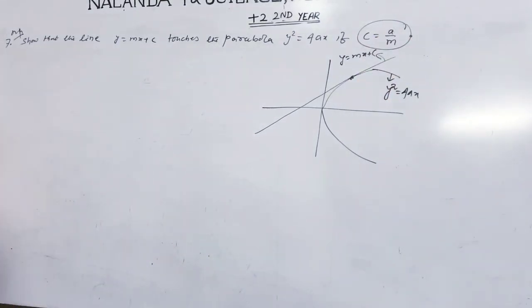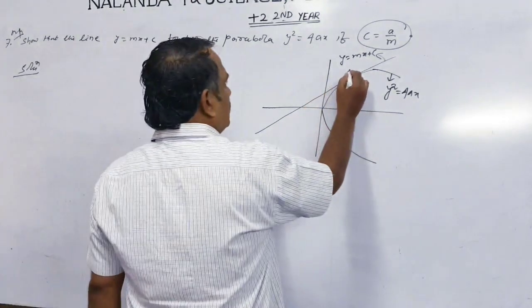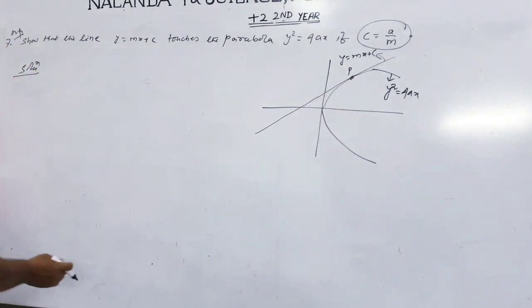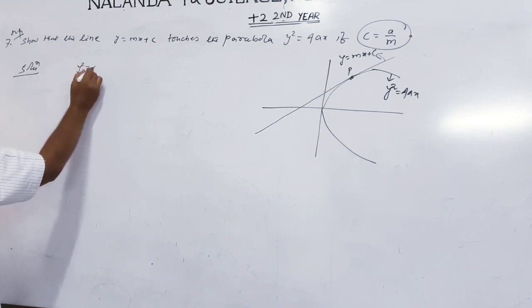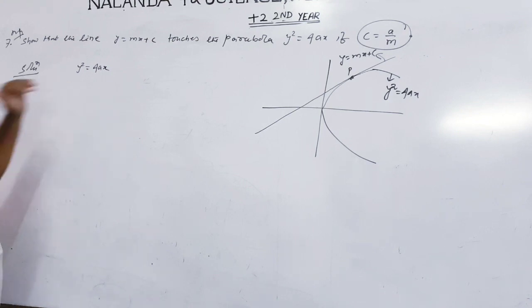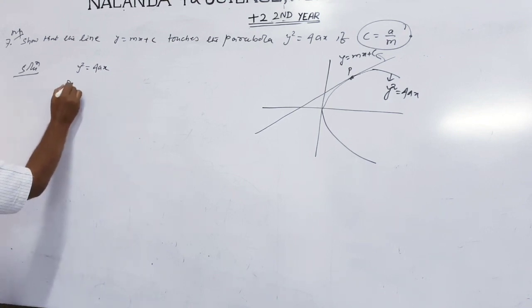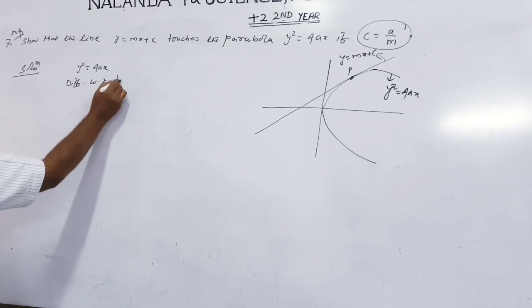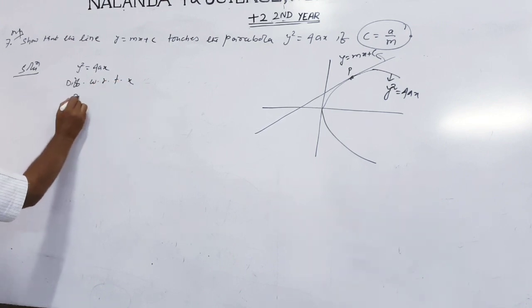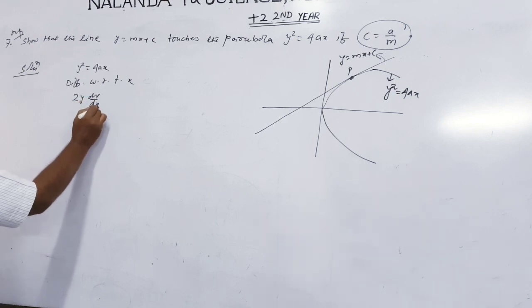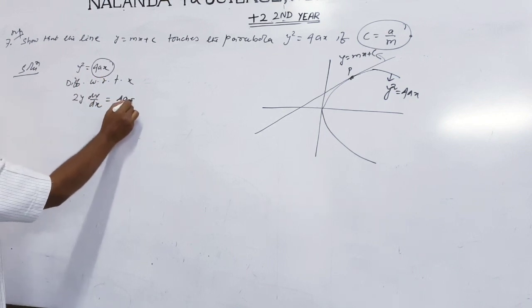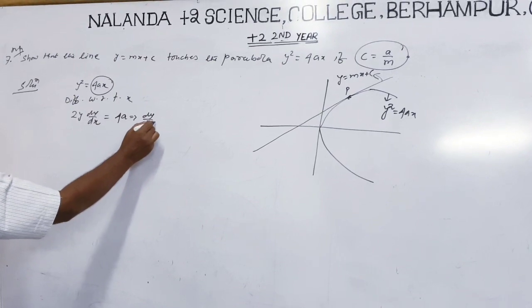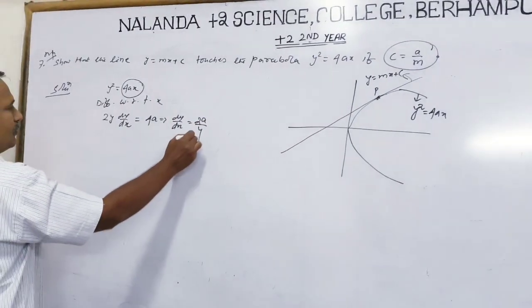Now the solution. So what is the coordinate of the point of contact? This is P, find out. Then substitute y in the line and the parabola. Here, given y square equals 4ax. So what is the slope of the curve? Differentiating with respect to x, the derivative of y square is 2y dy by dx. 4a is constant, the derivative of x equals 1. Now 4a, or dy by dx equals 2a by y.